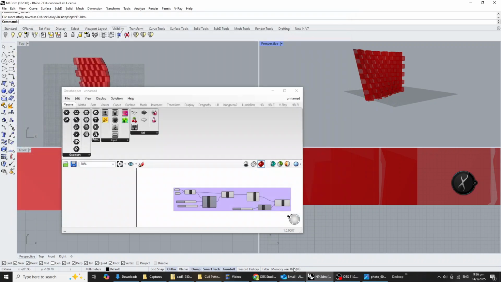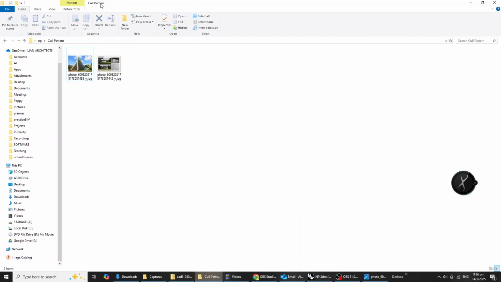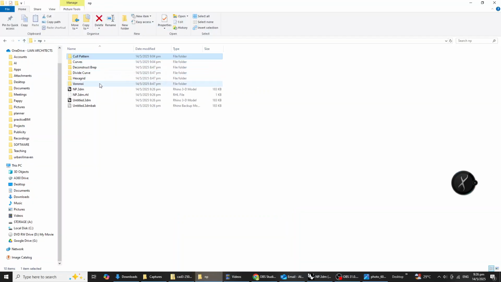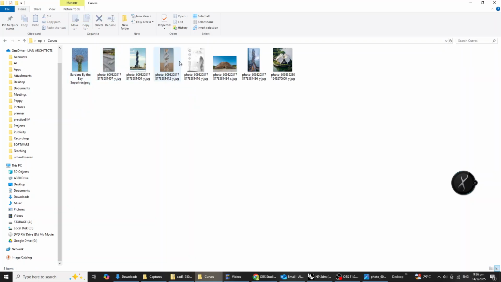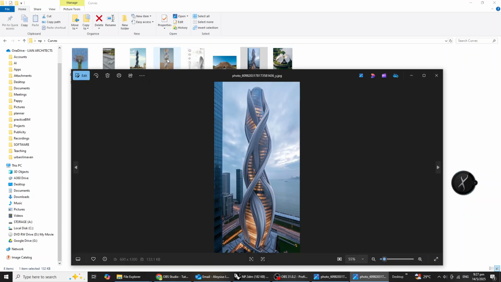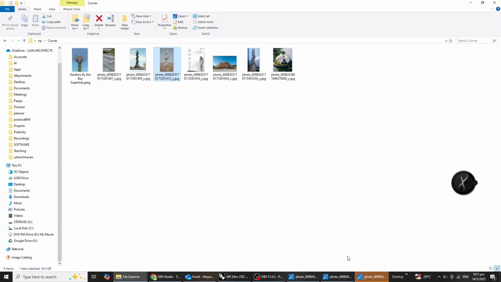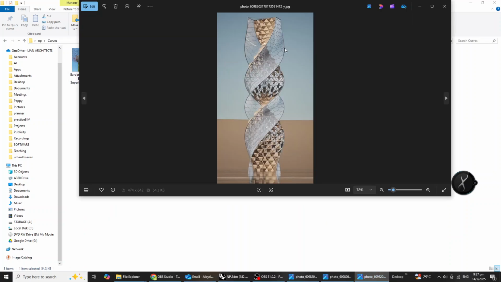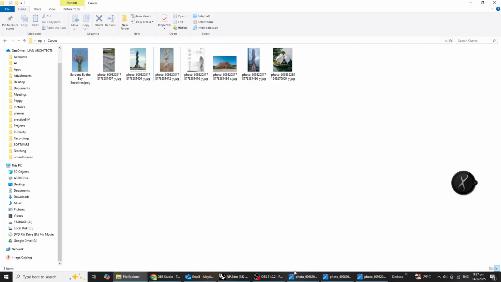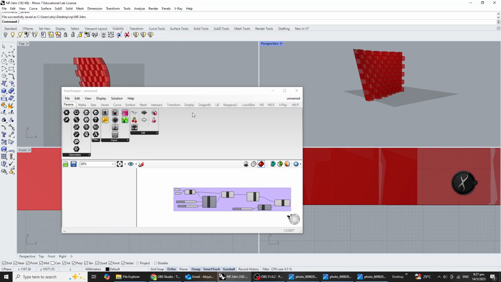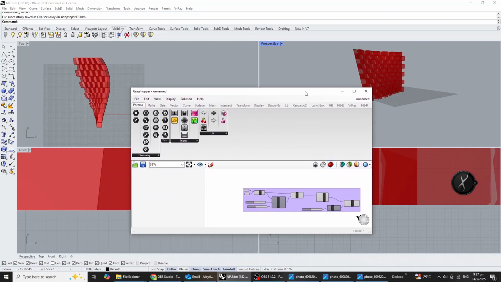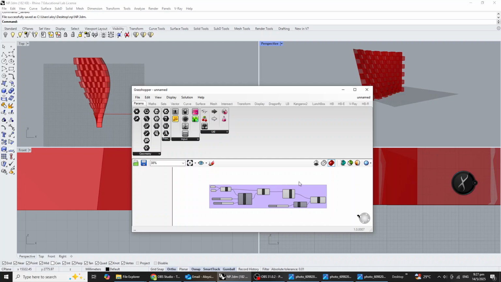Okay, so next up, this was Cull Pattern. So the next one is curves. So kind of something like this or this. So this is essentially a spiral. How can we create a spiral? It's quite simple. Okay, so for this I will just